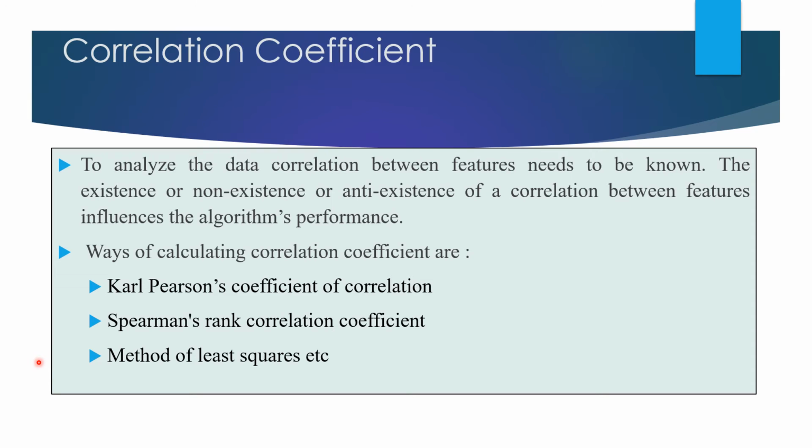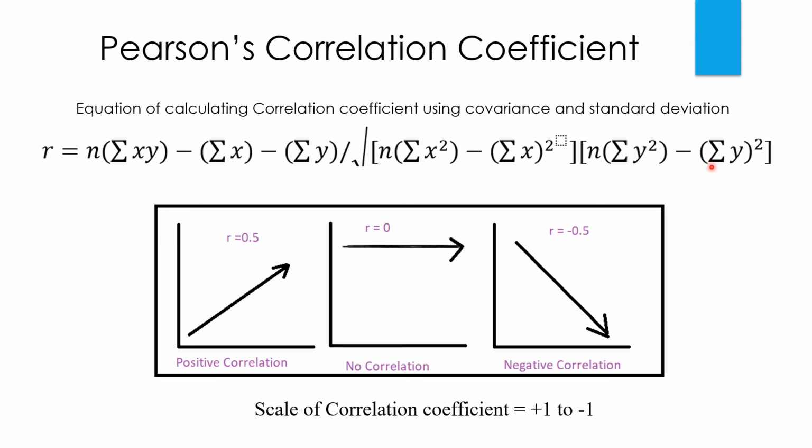Understanding these relations between features is very important, and for that reason different ways of identifying correlation are used, such as Karl Pearson correlation coefficient calculation, Spearman's rank correlation, or the method of least squares. The correlation coefficient used for this particular study is the Pearson coefficient of correlation, which considers x and y variables, and by knowing how much variation and standard deviation both features show,